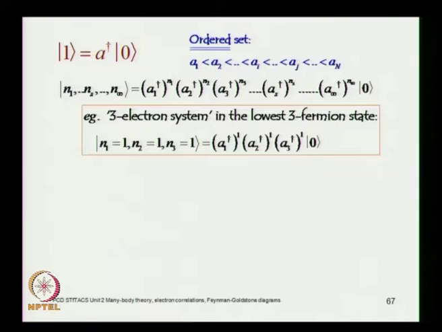Now, let us take an example. Let us take a 3 electron system in the lowest 3 fermion states. So, n1 is equal to 1, where n1 is the lowest one corresponding to this state A1, lowest in the sense that it is the first one in this sequence. I am not referring to energies, I am not referring to angular momentum, I am just referring to a certain order in which the quantum numbers